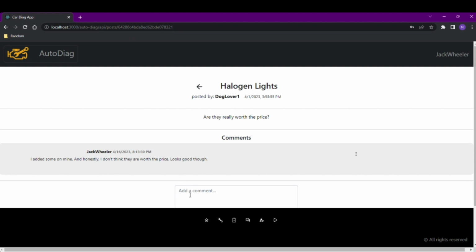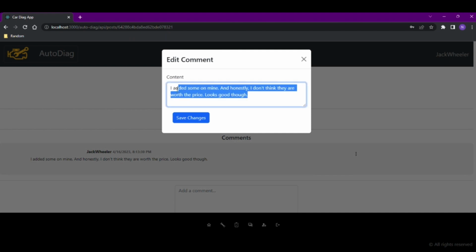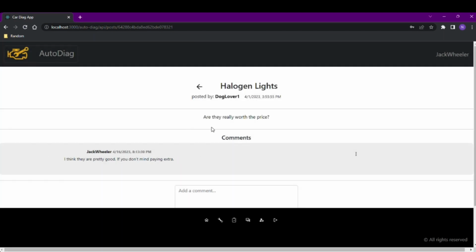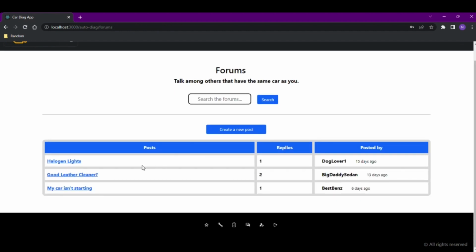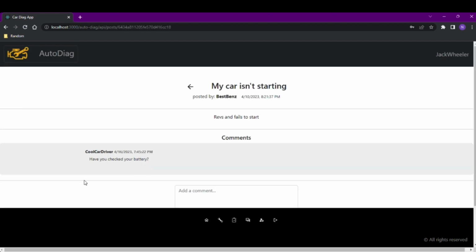look good. We're going to navigate over and edit that comment because after some future consideration, we determined we actually don't think the halogen lights look that good. So we're going to comment and save changes. As you can see, it's automatically updated with the new comment, and we can navigate back to another post in